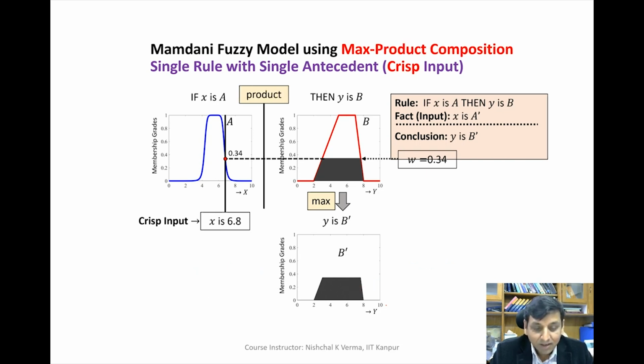Similarly, the max product composition for the same input is going to give us the same output, because the product is also the product of the W here, the weight. We have the single weight here. So the product is also going to remain the same,